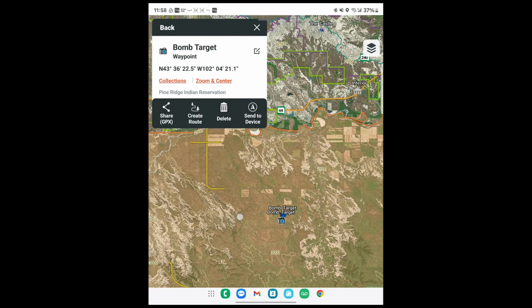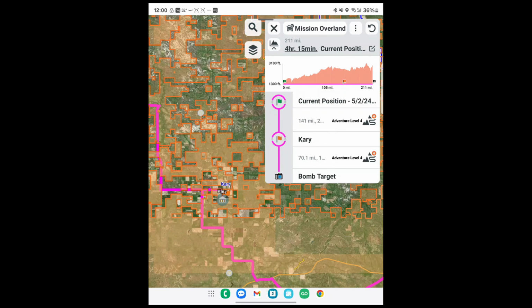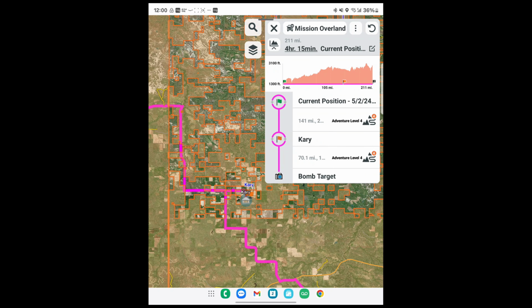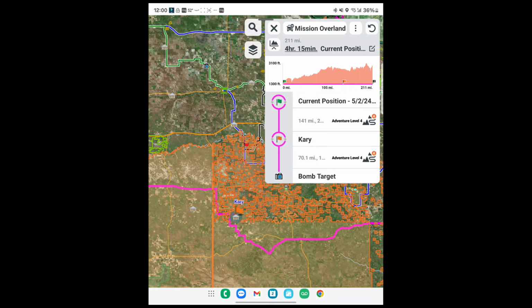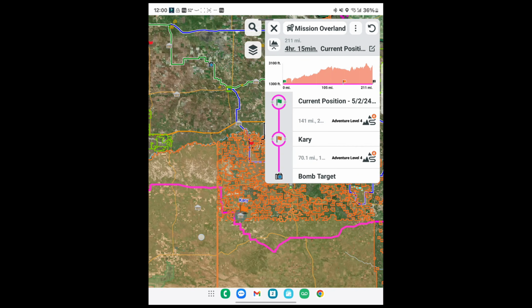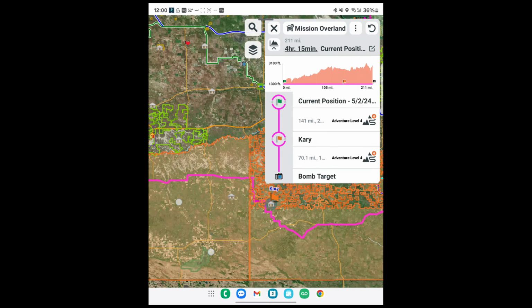You'll see here, it rerouted us based on that shaping point. It took us way over here, and then that's great. You'll see here, again, it's calculating at the top. It just inserted a shaping point. So now I'm inserting shaping points along my route. Again, it's set for Adventure Route 4, so it's taking us mostly off-road.